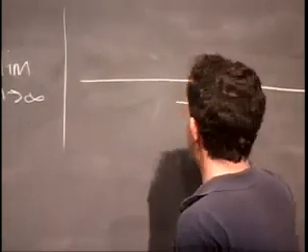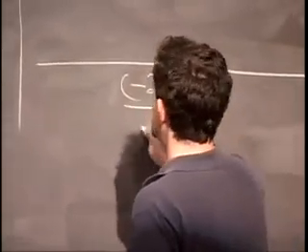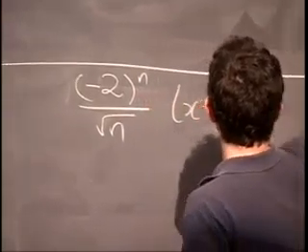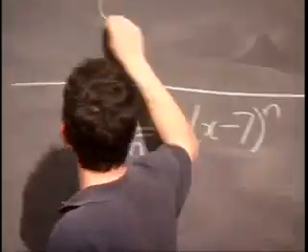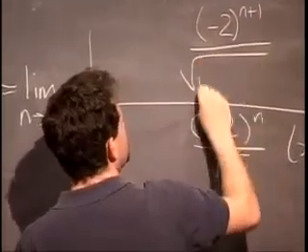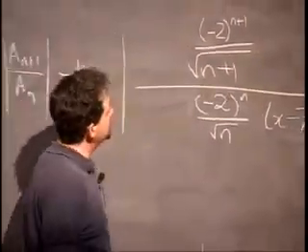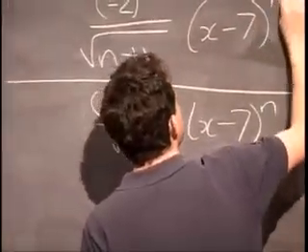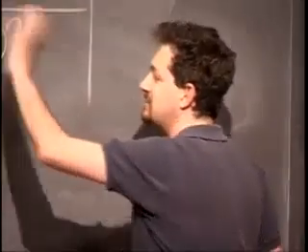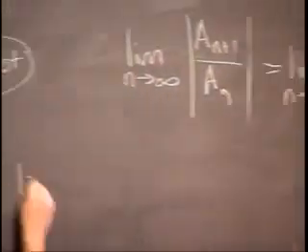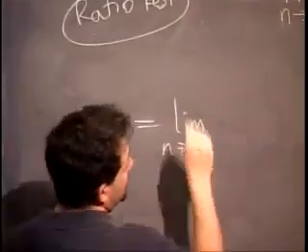I get minus 2 to the n over root n, x minus 7 to the n, and on the top I increment n. I get minus 2 to the n plus 1 over root n plus 1, x minus 7 to the n plus 1. Notice that it's n that I'm increasing, not x. X doesn't get touched. I'm leaving x as it is. Okay, so let's